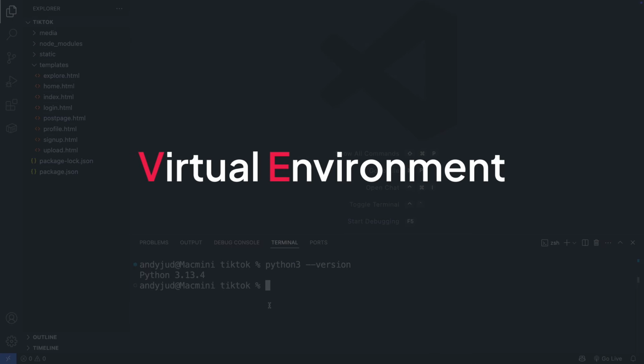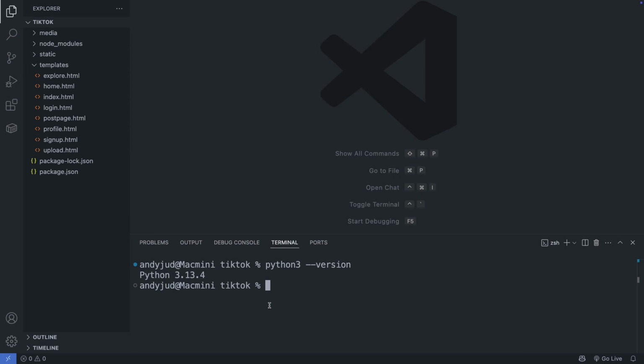Next, we will install a virtual environment. A virtual environment is always recommended to keep all the packages and dependencies used in your project isolated on your computer. There are many ways to create a virtual environment, but the easiest for beginners is to use the venv module, which comes built in with Python. And I set it up with python3 -m. This is to select a Python module, then venv, this is the name of the module, and then you can give it a name in your project, but I just call it again venv. Then press enter,